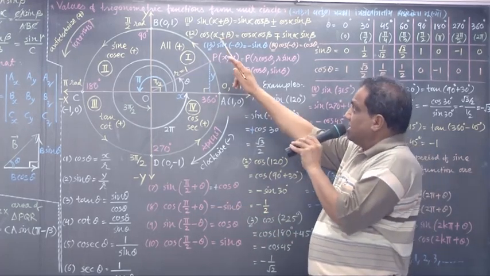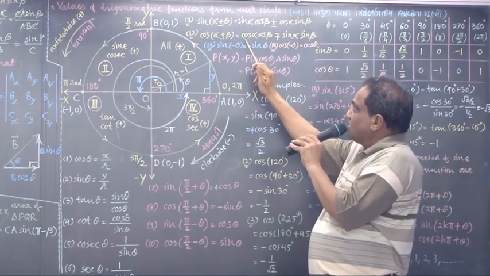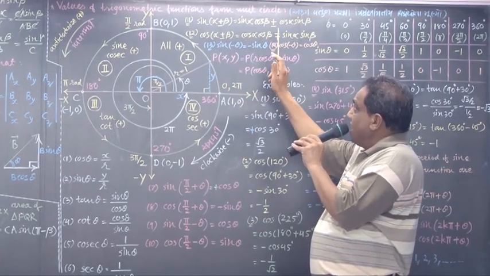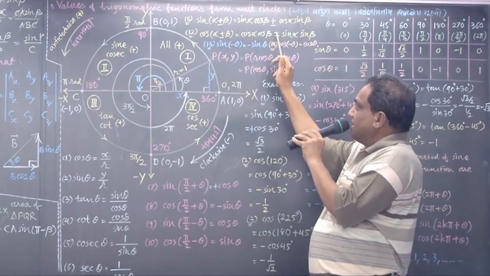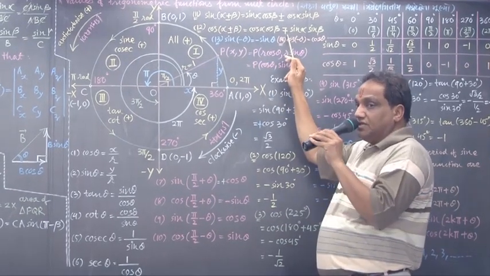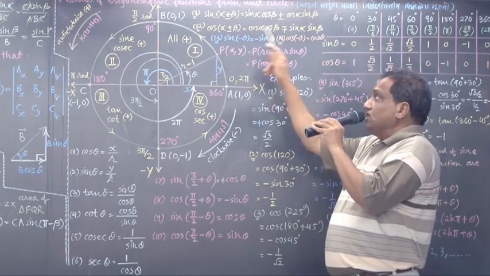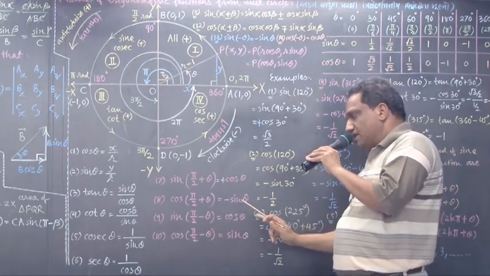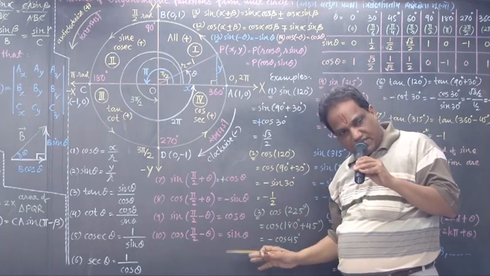Even if you use the formula, there is a formula for cos also. Cos of alpha plus beta is cos alpha cos beta minus sine alpha sine beta. Here the upper sign is positive on the left and negative on the right; when you take the lower sign, it is the other way around. When you use this formula, you also get the same answer. Better adopt this policy, which is very short and easy.